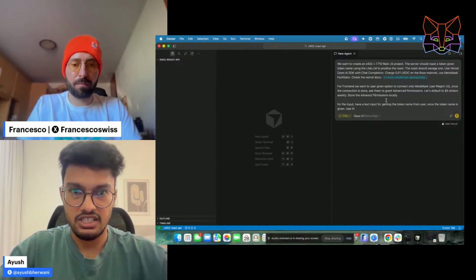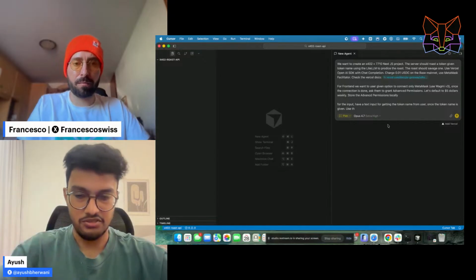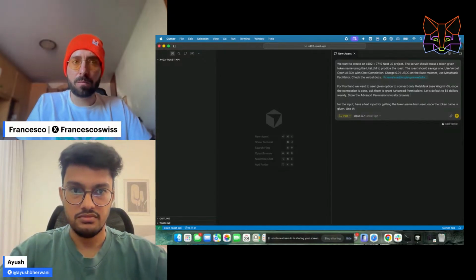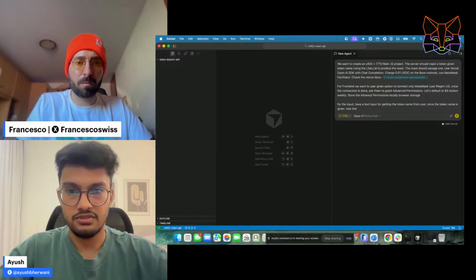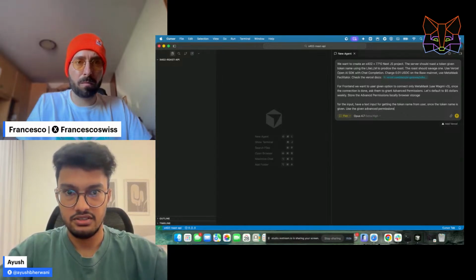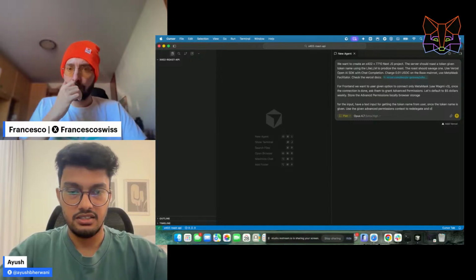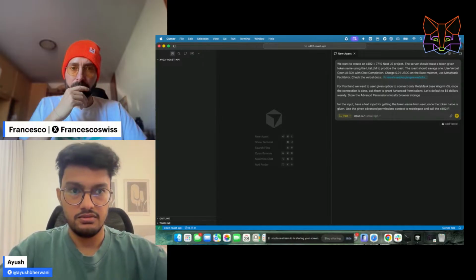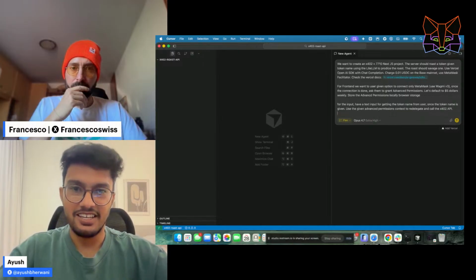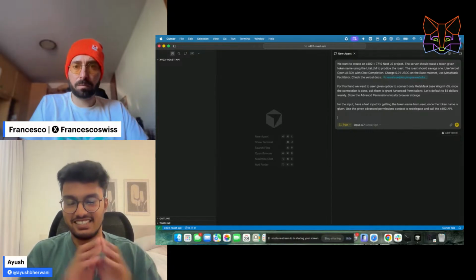Locally is basically in your browser storage. Use the given advanced permissions context to redelegate and call the x402 API, right? I feel like this is enough context that we want to give.